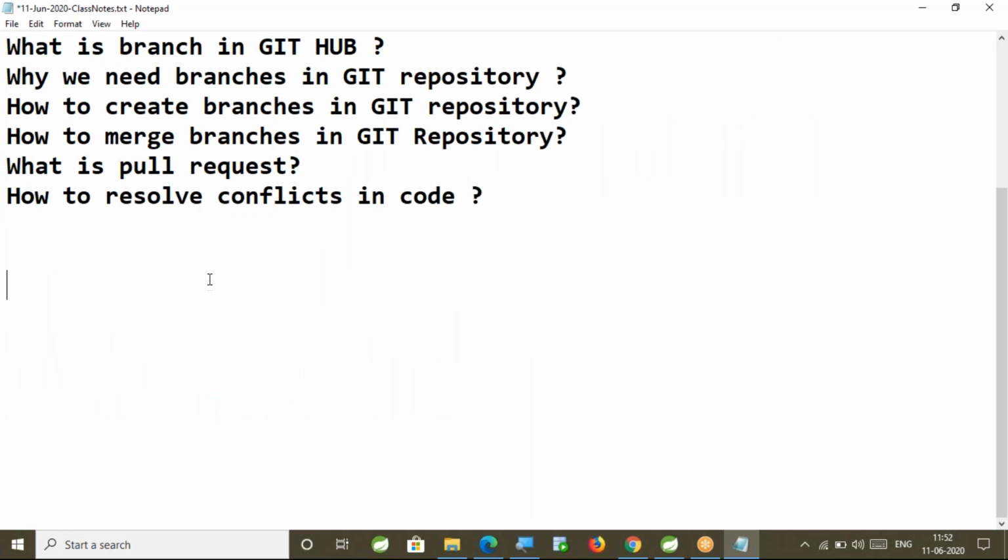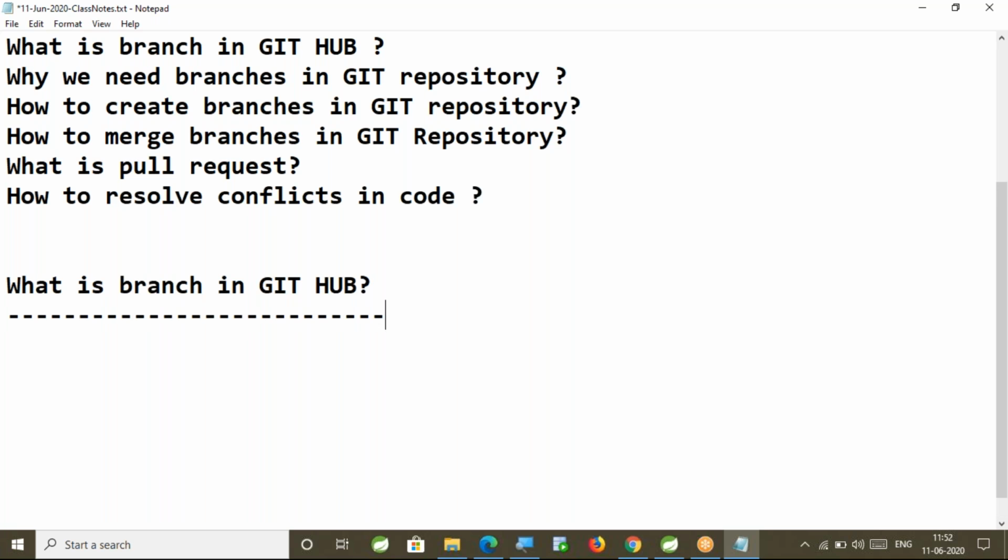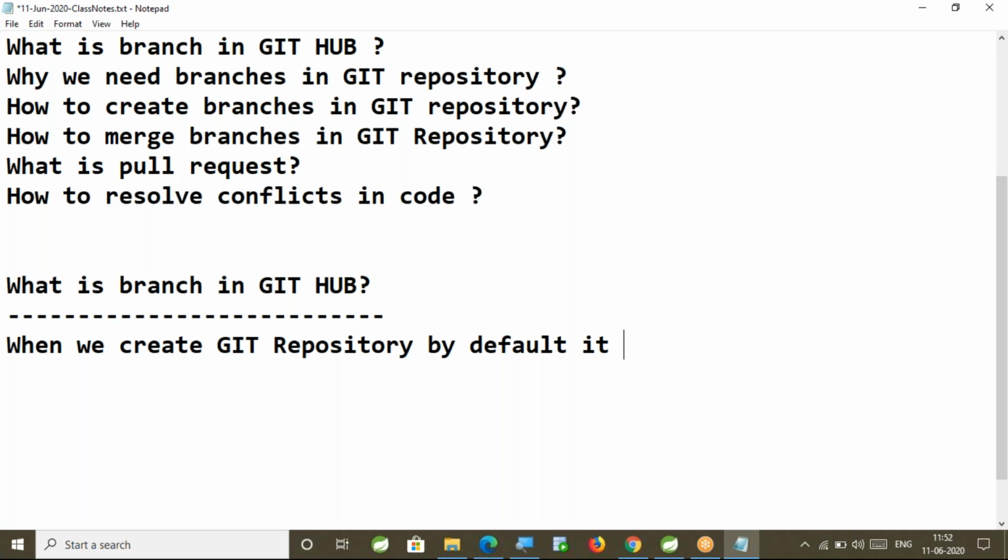What is a branch in GitHub? When we create a Git repository, by default it will provide a master branch.